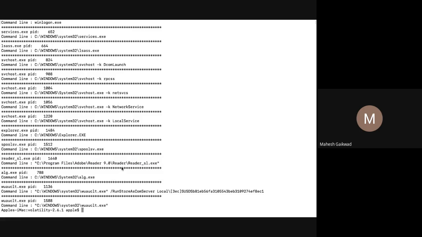So some Adobe Reader application is installed in the Windows operating system. Usually, if you have any experience, you will know that Adobe Reader has had most of the malware-related attacks, because it can be easily exploited. It was once easily exploitable, and since this is Windows XP, during those times